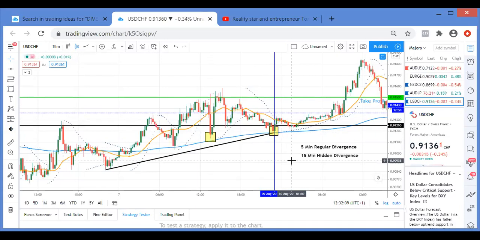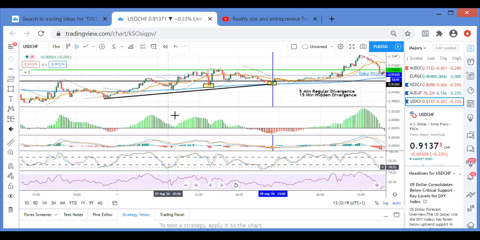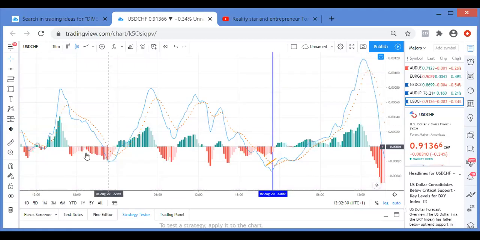Now, what's a higher low? Sorry, higher lows and lower highs. What's the easiest way to identify a higher low? The MACD. Look, the red. Anytime you see red, that is your low. As an example, on this MACD here, can you see this red? This red area is signifying a low.